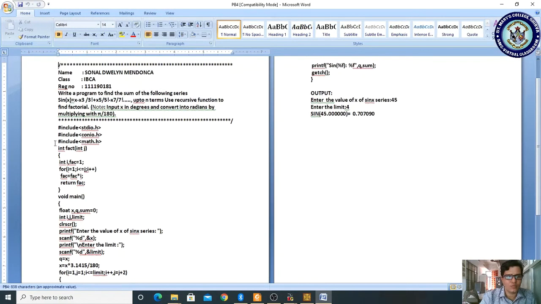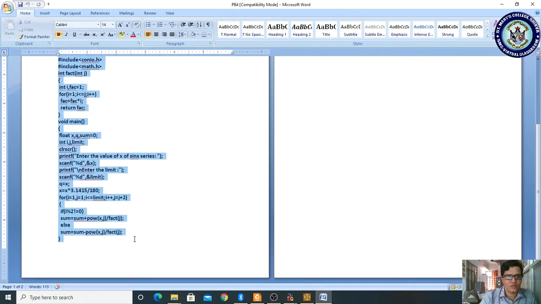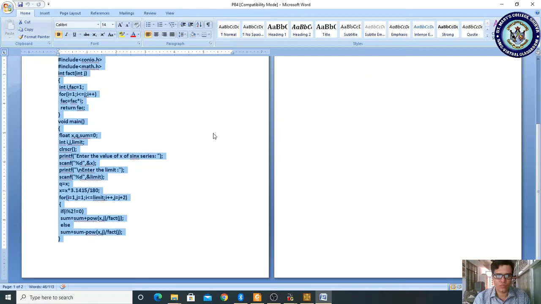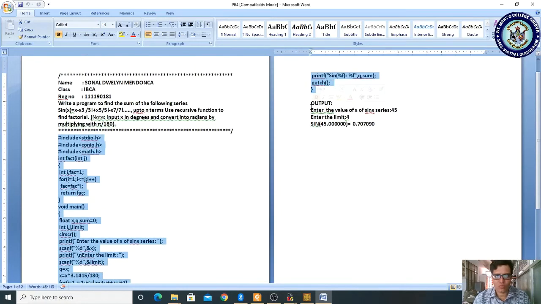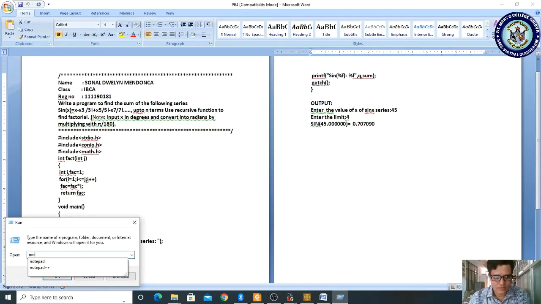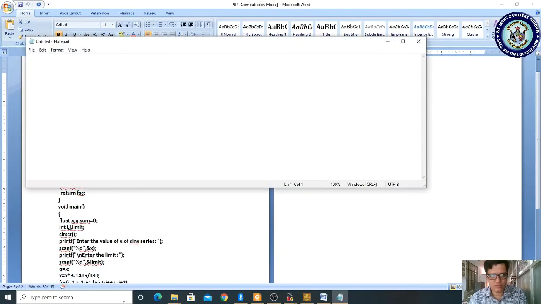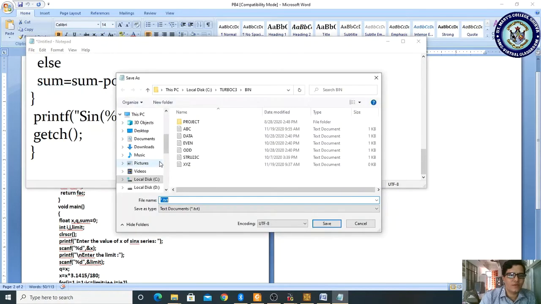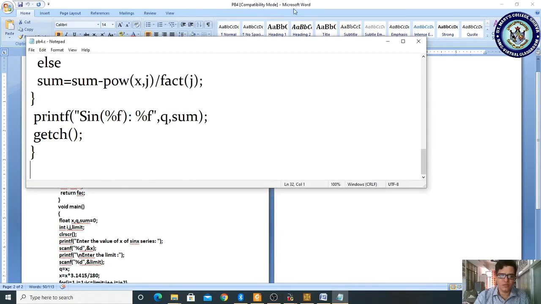I am copying this program. This is an easy program, that is why I have chosen this. Control C, Notepad, paste, and I am saving. Save as in Turbo C3 bin, pb4.c, part B, fourth program.